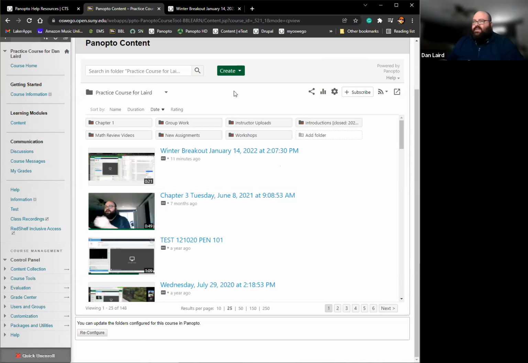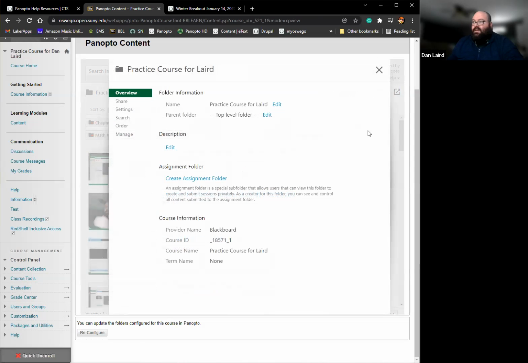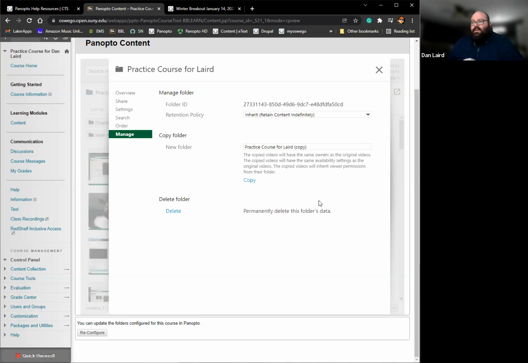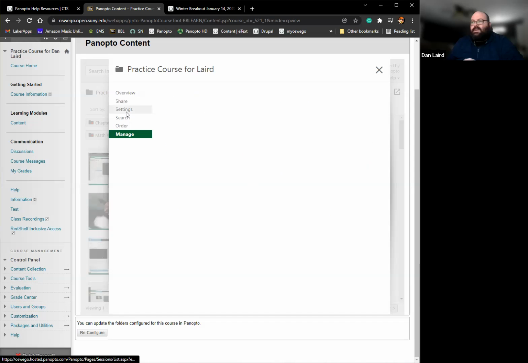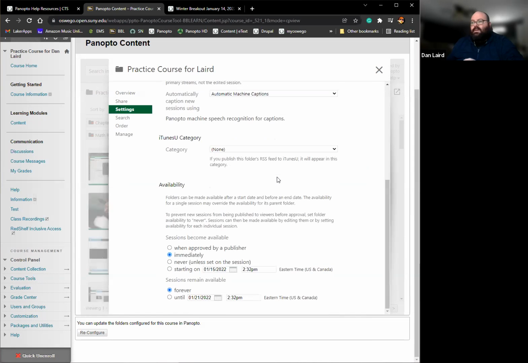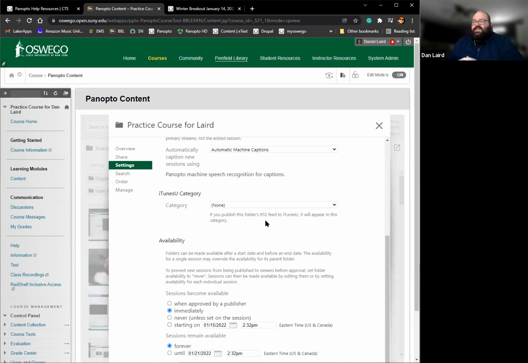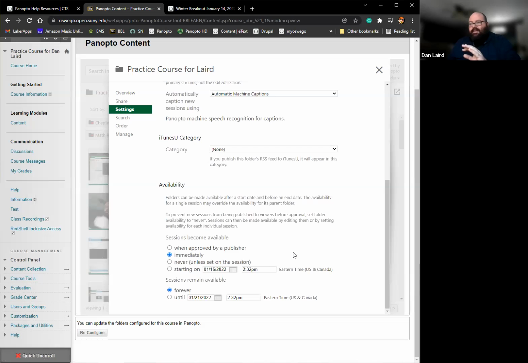The folder options. So these options down below are obviously on each video, but if you wanted to apply settings to the entire folder, up at the top here, there's this little gear. That's for the folder settings. So as I was telling you before, you can, I'm sorry, settings. Okay. So under settings is where you can have it,